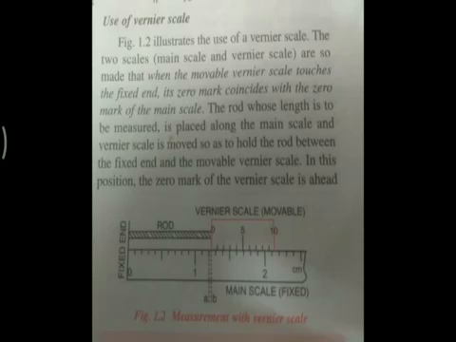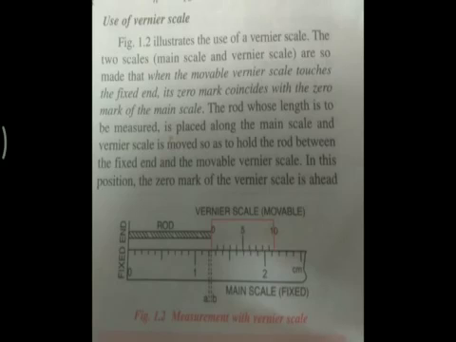Now, how to calculate the length? What we do, we measure the length of the object with the help of the vernier scale. The object whose length is being measured is put in between the vernier scale and the main scale. Just over here in the diagram, see, a rod is being put, right? So what will happen? According to the length of the rod, the vernier scale will move on the main scale, right? Now these readings you need to take.